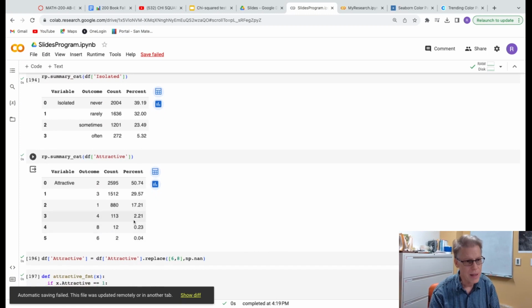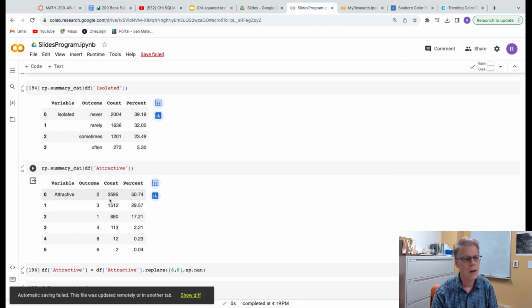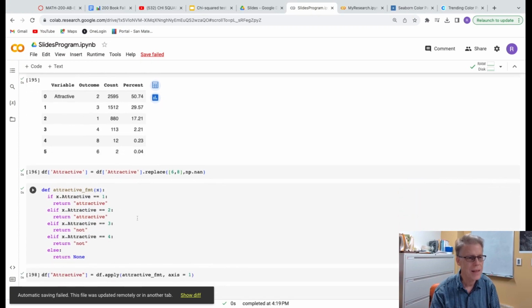And then, because I wanted this to be the response variable, I collapsed it, and I tried this out, and I thought it might work. Instead of collapsing by doing these replace commands in here, I collapsed it with my formatting code.